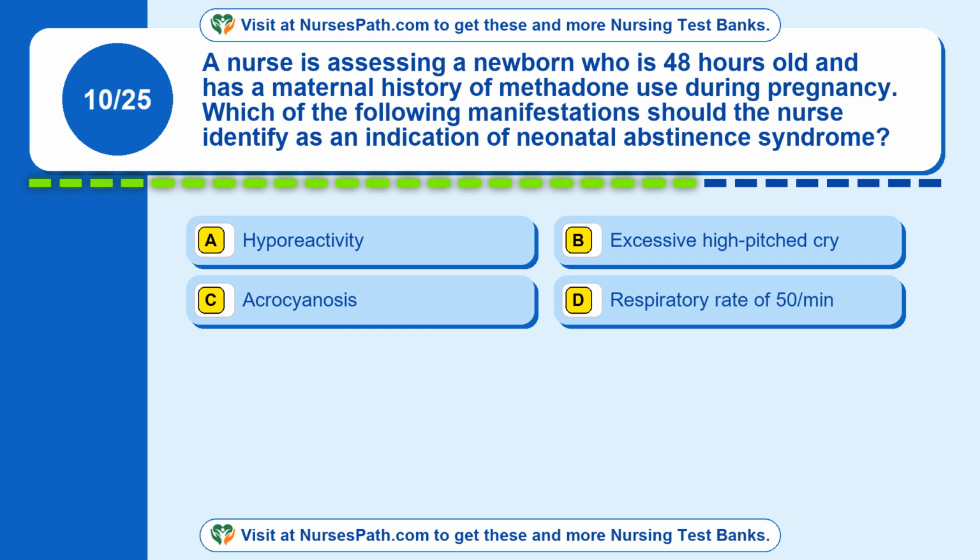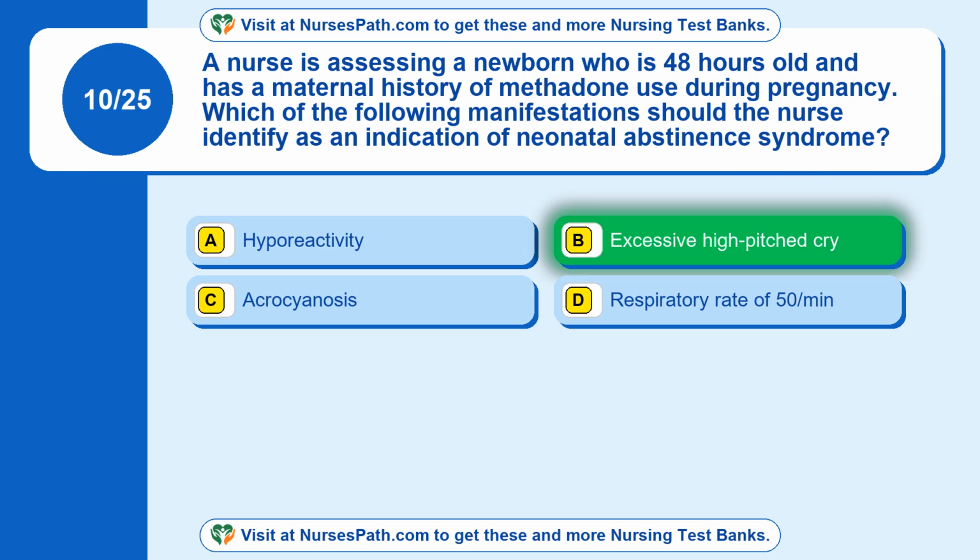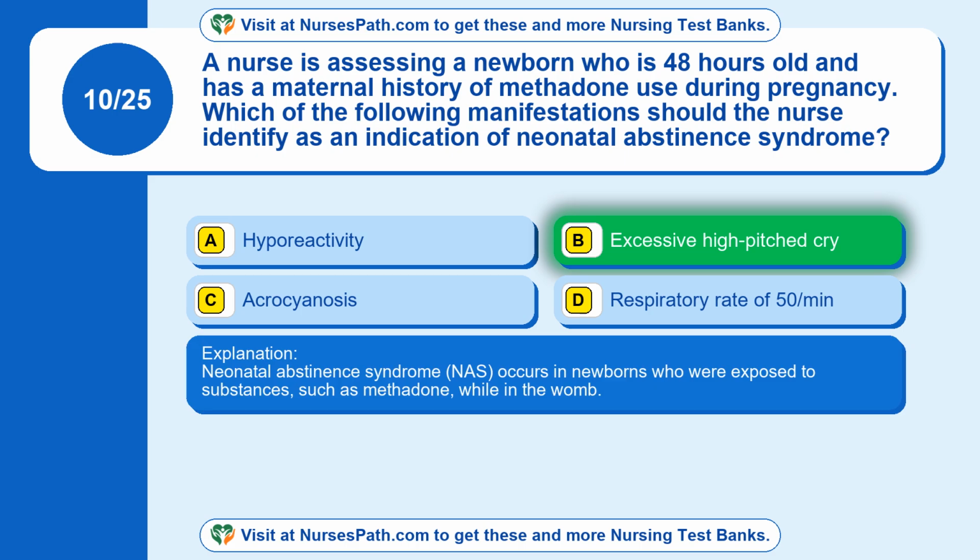of methadone use during pregnancy. Which of the following manifestations should the nurse identify as an indication of neonatal abstinence syndrome? Option A. Hyporeactivity. Option B. Excessive high-pitched cry. Option C. Acrocyanosis. Option D. Respiratory rate of 50/min. The correct answer is option B. Excessive high-pitched cry. Neonatal abstinence syndrome, NAS, occurs in newborns who were exposed to substances, such as methadone, while in